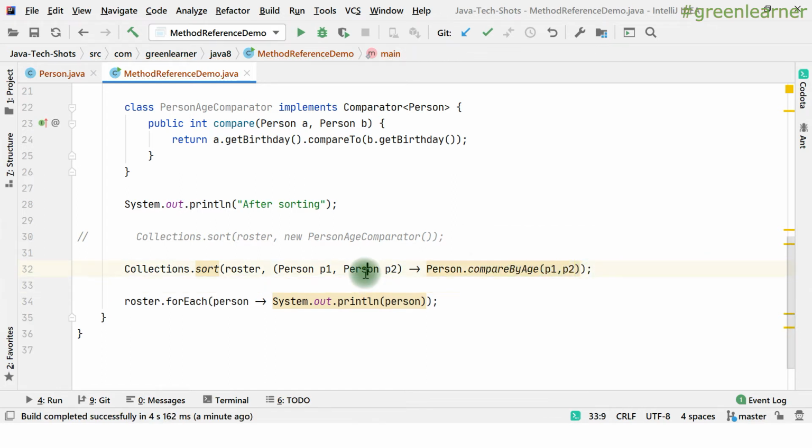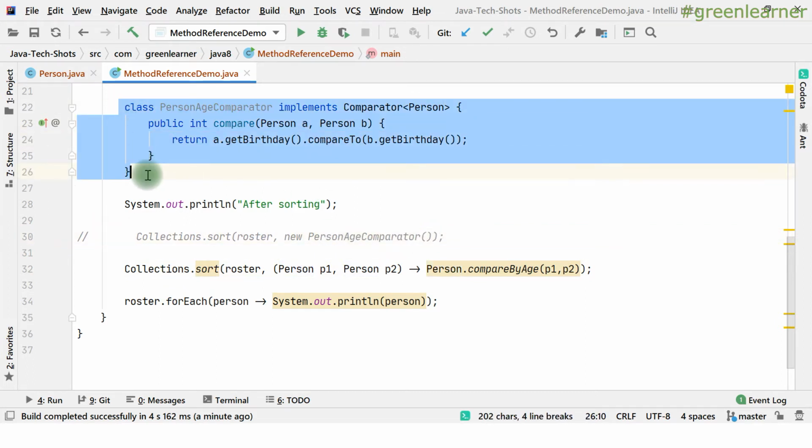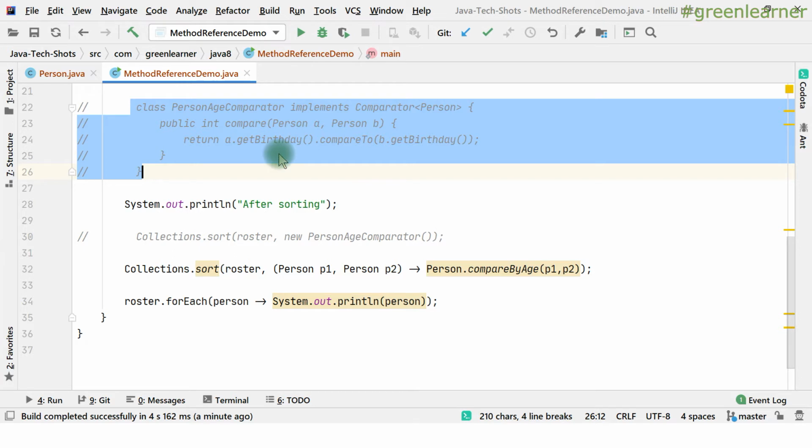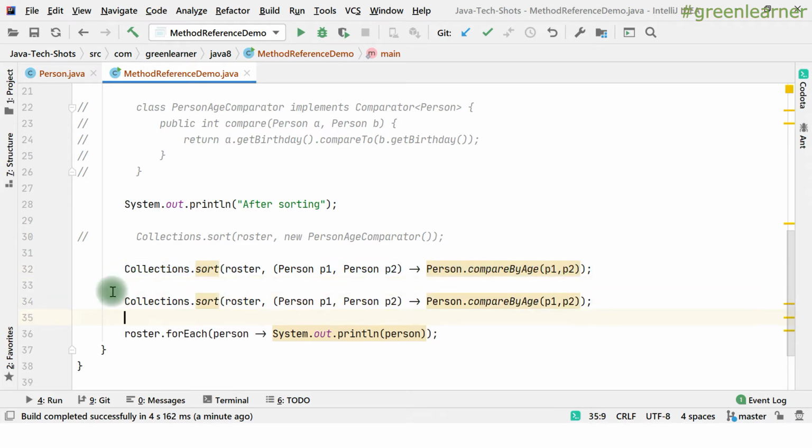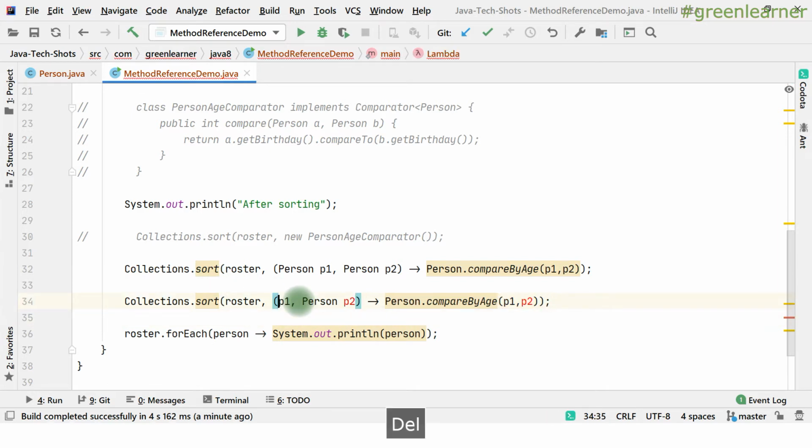It does the same thing, but now we do not have to write the class, so we reduced the number of lines. We can simplify this more by removing the types we are mentioning, since it is going to infer them automatically.